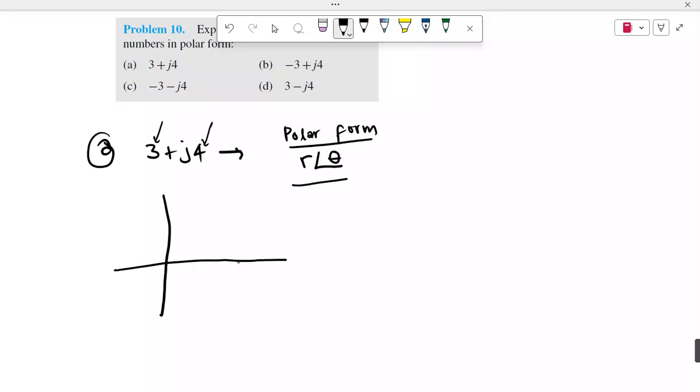axis. So we have the real part, real, imaginary. So we have real is what? 3. Imaginary is J4. So we have something like this. This is our R. So this is angle theta. Okay? So we need this R